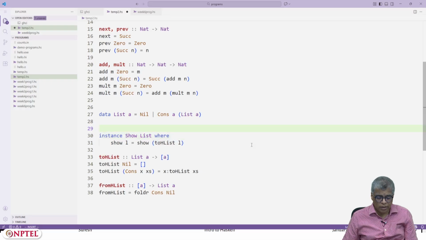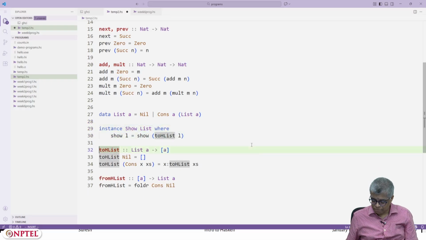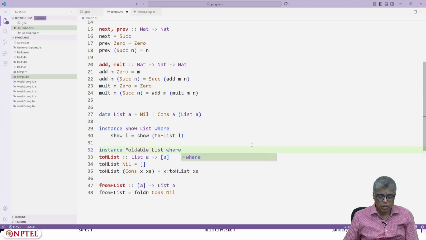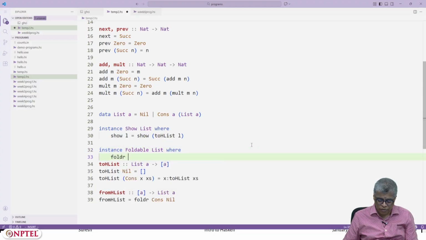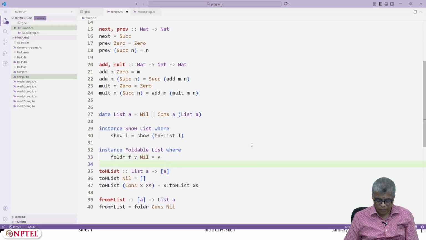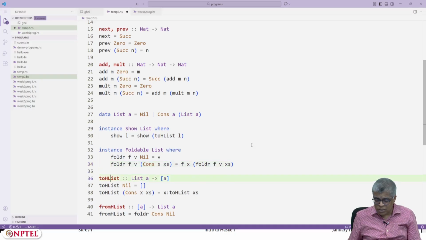But even before that you could say, let's say it here, instance Foldable List where foldr f v Nil = v. Yeah, so that's it.